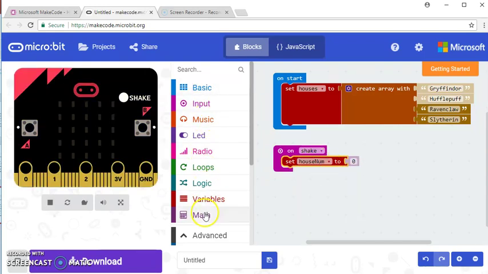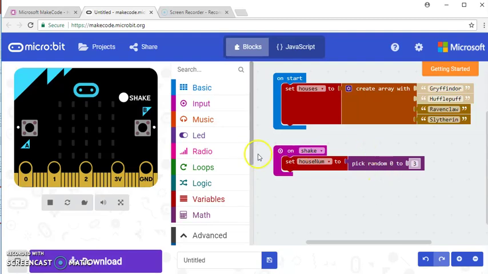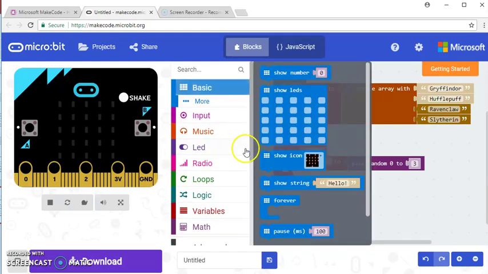And I'm going to pick a random number between 0 and, instead of 4, we're going to make it 3 because we just want 4 values. So 0 is going to be Gryffindor, 1 is going to be Hufflepuff, 2 is going to be Ravenclaw, and 3 is going to be Slytherin. So now that we have our house number, the last thing that needs to be done is to show the string,